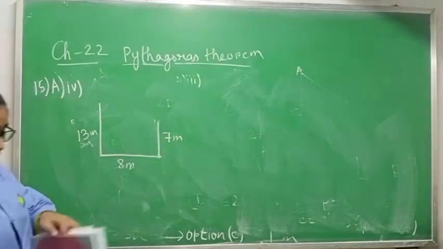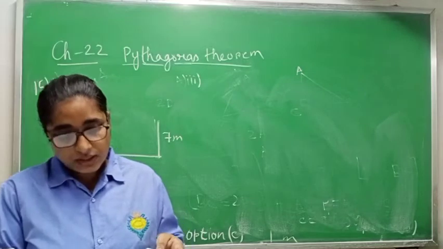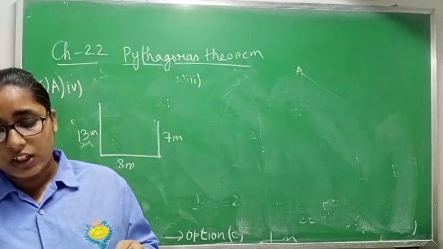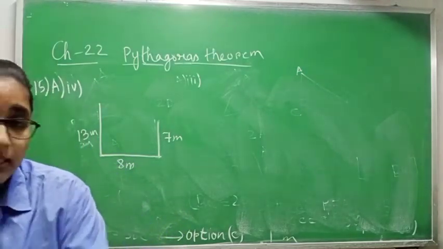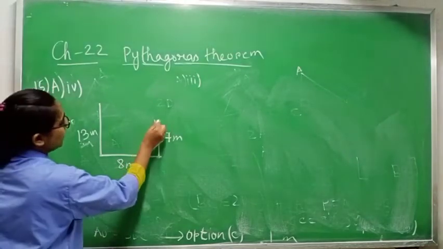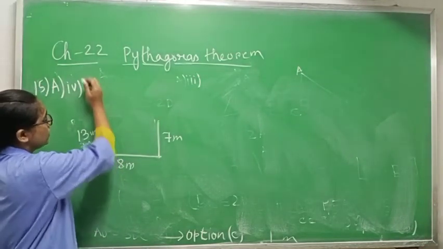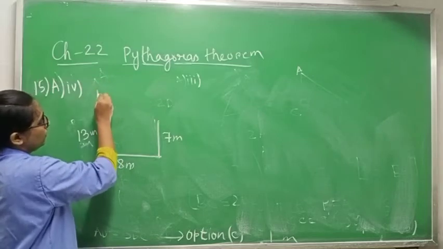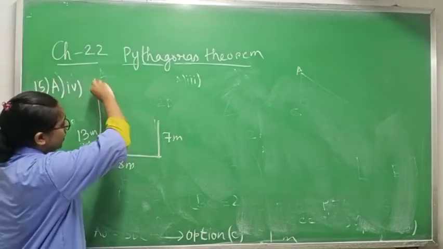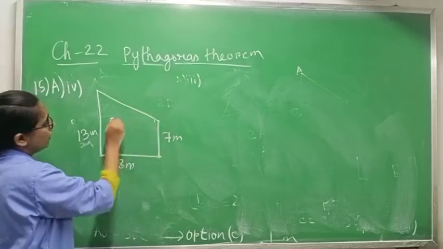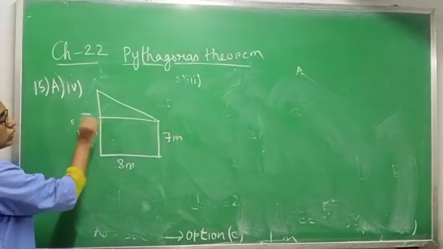Now what they are asking is to find the distance between the top parts. This is the top part of the second rod and this is the top part of the first rod. I am just making it larger. So I am joining this one and I can join this one also.